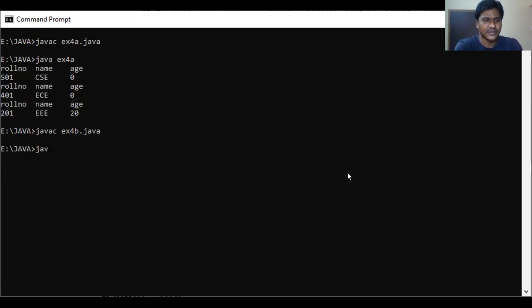Then run the program: java space Ex4b. Run it. So the product of two values, given 6 comma 10, is 60, and the product of three values we passed, 10, 6, 5, is 300, right? This way.